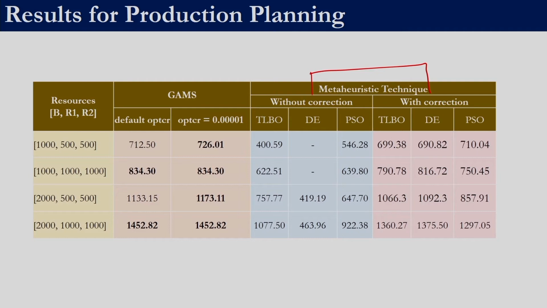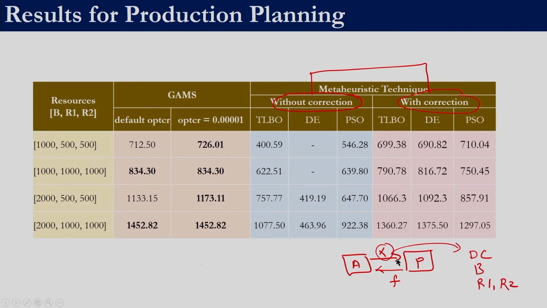In meta-heuristic technique, if you remember, we had employed 2 approaches. The first one was without correction. In without correction, our algorithm would only send the decision variables, whereas the problem would evaluate the decision variables and send back the fitness function value. Over here we had 3 types of constraints: a domain constraint, budget constraint, and 2 raw material constraints. In this case we were merely evaluating the fitness of the solution given by the algorithm and returning it back to the algorithm. So here in without correction, we were penalizing for all these 3 types of constraints,